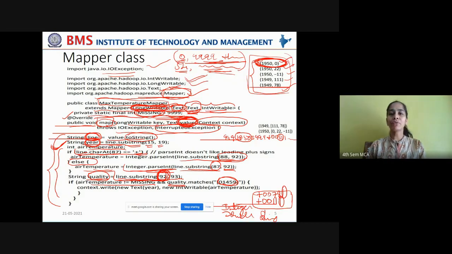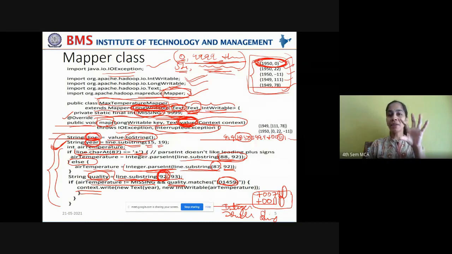Now, what you have to do? All the checkings are completed. The year is captured, the temperature is captured, and it is checked for its quality. Now, use the context object. What did you understand about the context object? Context is like a box which will pack the data for you, which will pack the key value pair of the map function and transfer it to the reduce function.